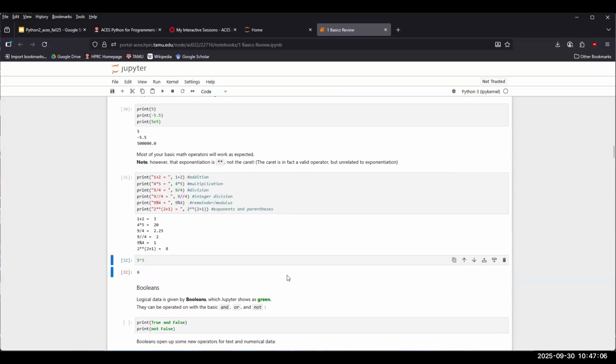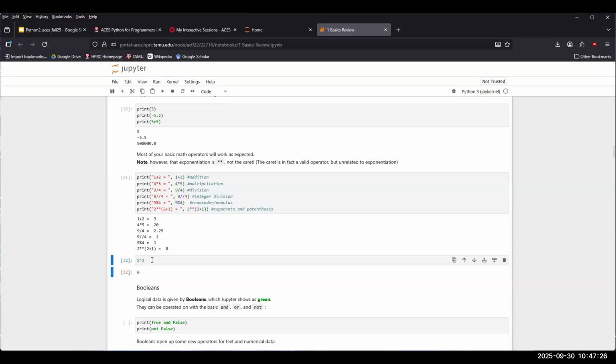This is what makes it dangerous. Like, you're going to accidentally put the caret in some calculation of yours, and it'll run it through and not give you an error, but you'll realize the answer's weird. Well, that's because it's doing something else without complaining about it. In case you're interested,